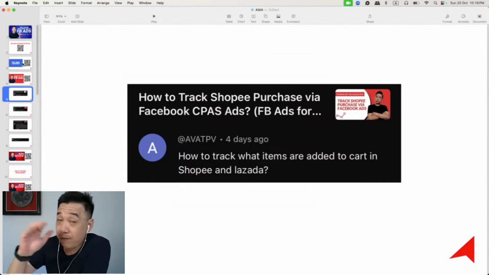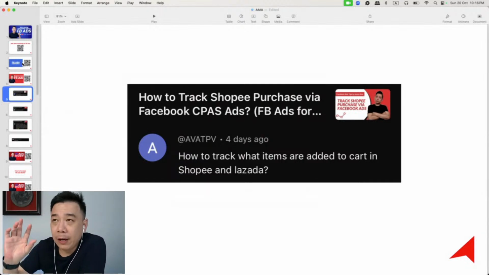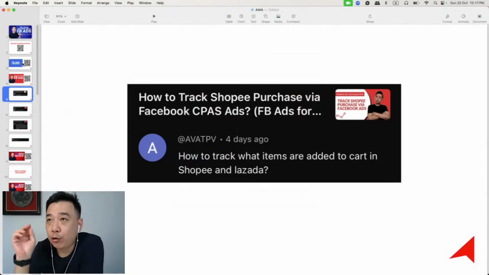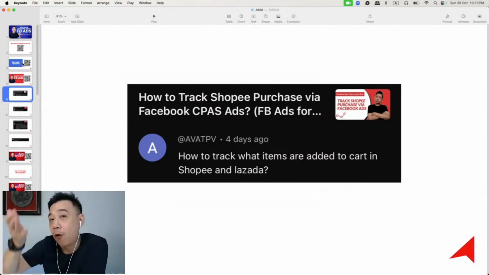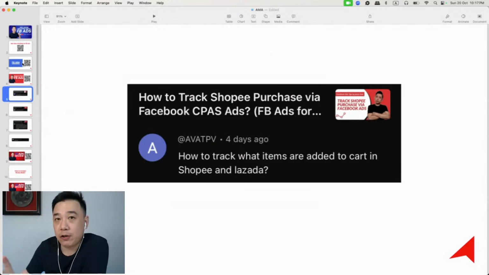Like, for example, I have a client. Every time there are events like 99, payday and all, they will run a 2 to 3 days ad. We are not spending a lot of money, just very little, but we are only targeting people who have purchased before. So that will actually give them really good ROAS. At one point, we were seeing about 9 ROAS, which would improve the overall performance of the entire campaign. That's why building a structure is quite important, but knowing what's working and what's not working is also another thing.